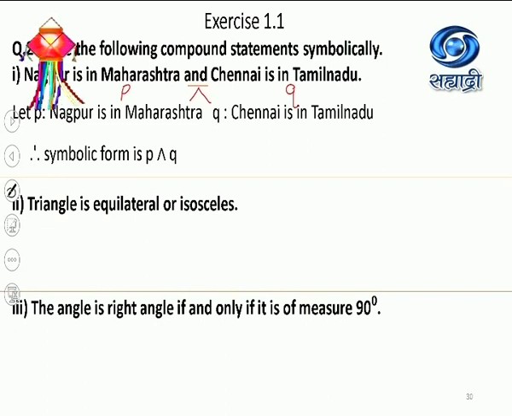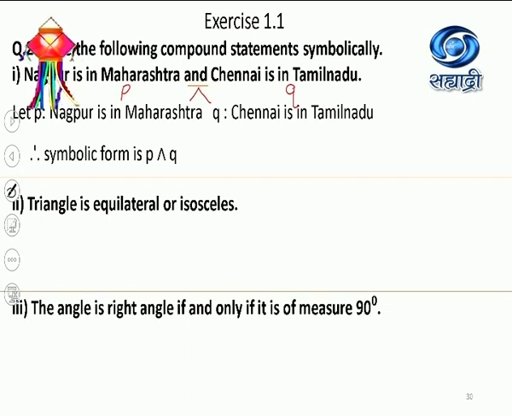See how simple it is. I have to just identify the connectives in the verbal form which I underlined, and then in general the statement prior to the connective is P and after the connective is Q. I just split them into two simple statements and I wrote the symbolic form. Okay. Now the next one.